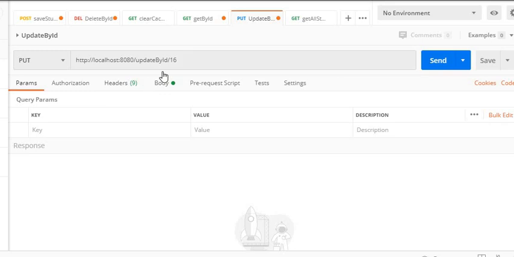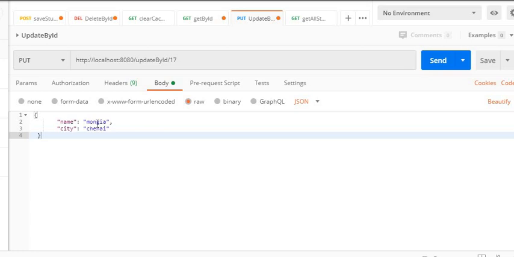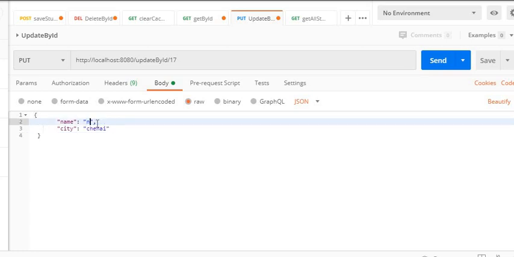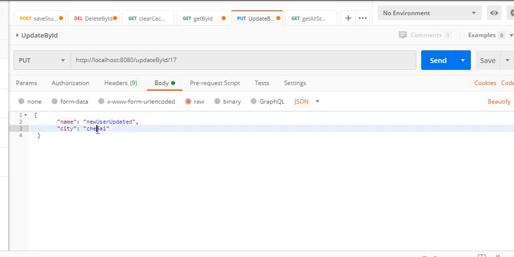Now I will update this user. Update the user having ID 17, and here in the body I will replace it with new user updated local.